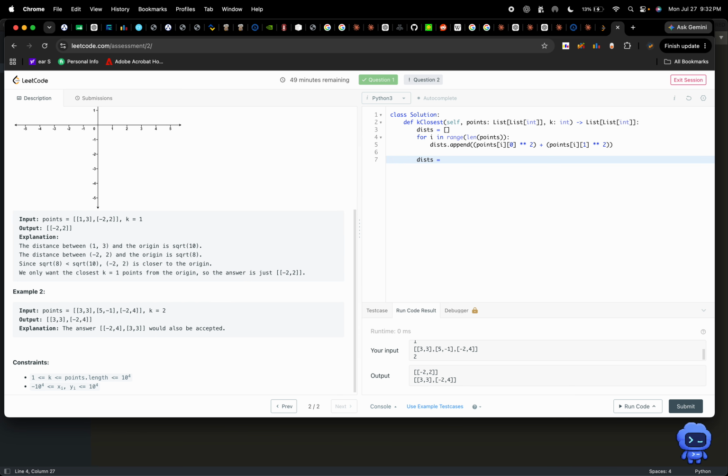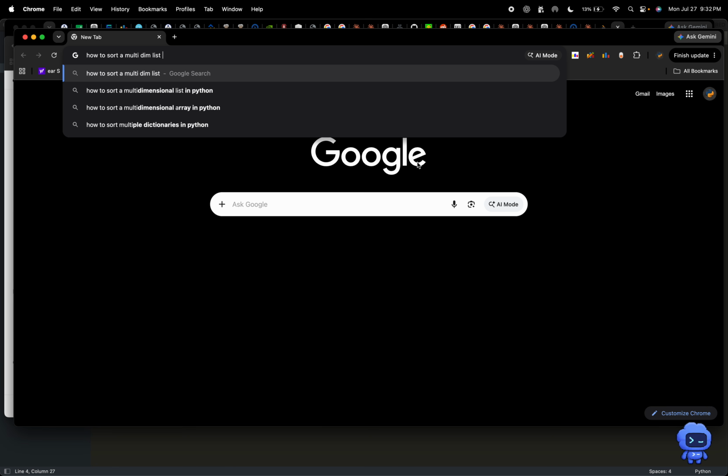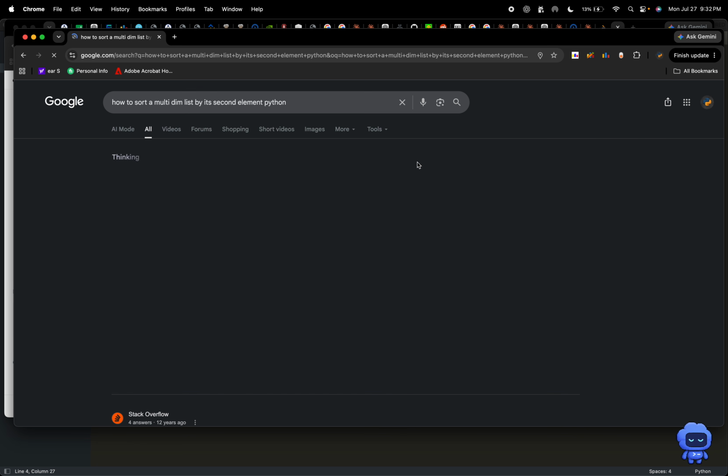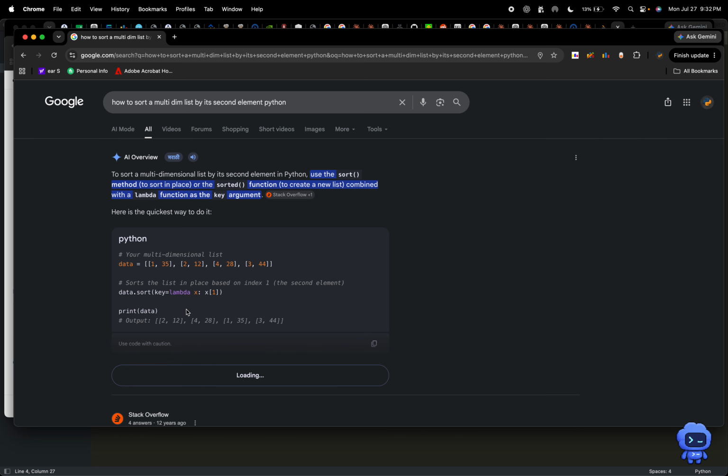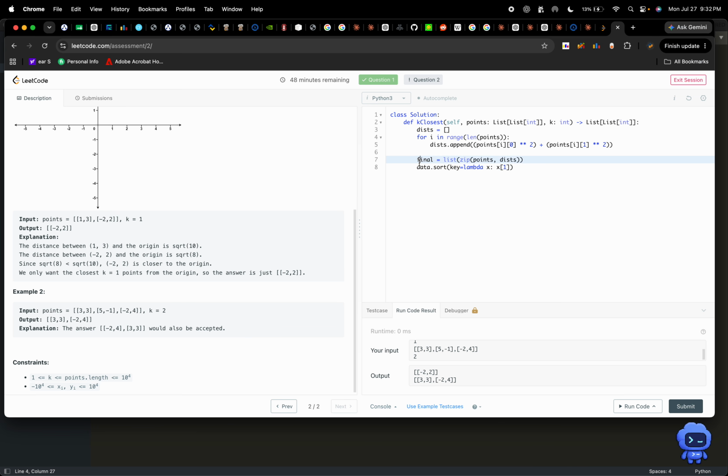So we can do dist equals, we can just call it final equals zip of points and dists, and how to sort a multi-dim list by its first element. Let's see. So we want to sort final,